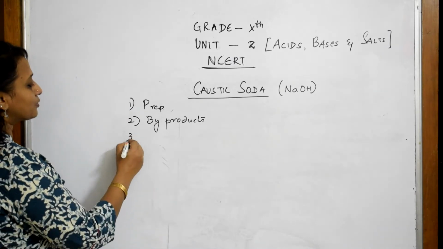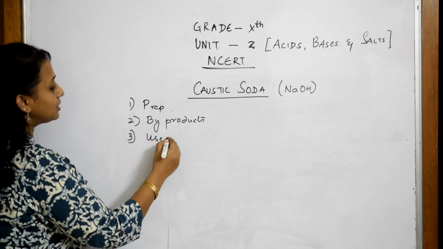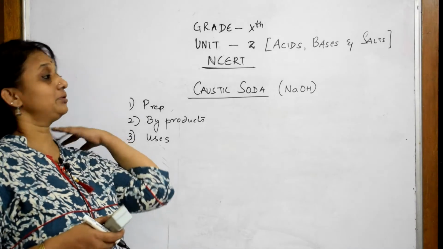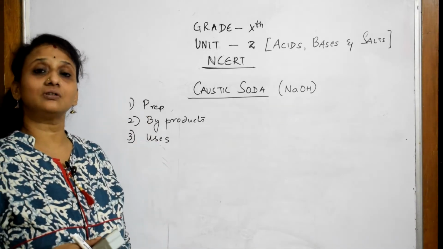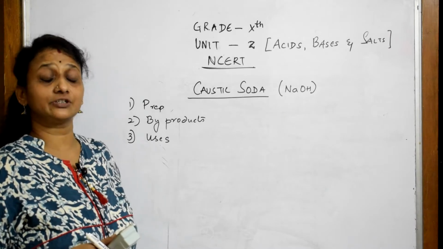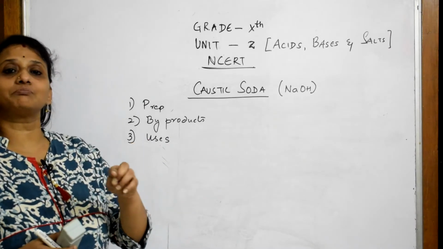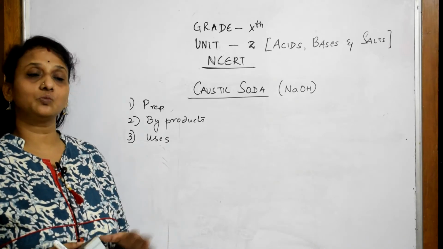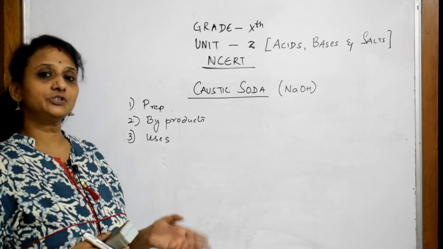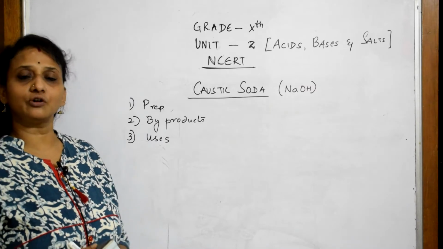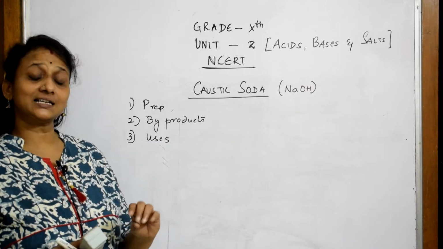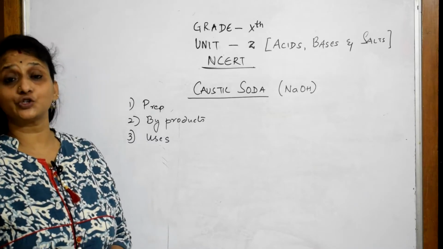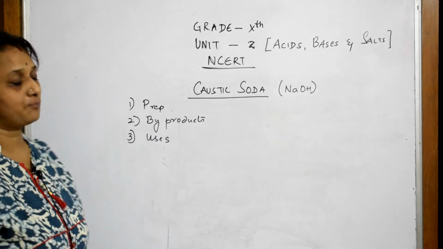After that, you need to remember the uses of the compound, where it is used, because you may be given an MCQ question, a match the following question, or a direct question. So what is the name of the compound used in the fire extinguisher? You need to know which compound. What is the name of the compound which is used in the preparation of pastries or cakes, as well as being used as an antacid? You should know the compound. So uses are very important.